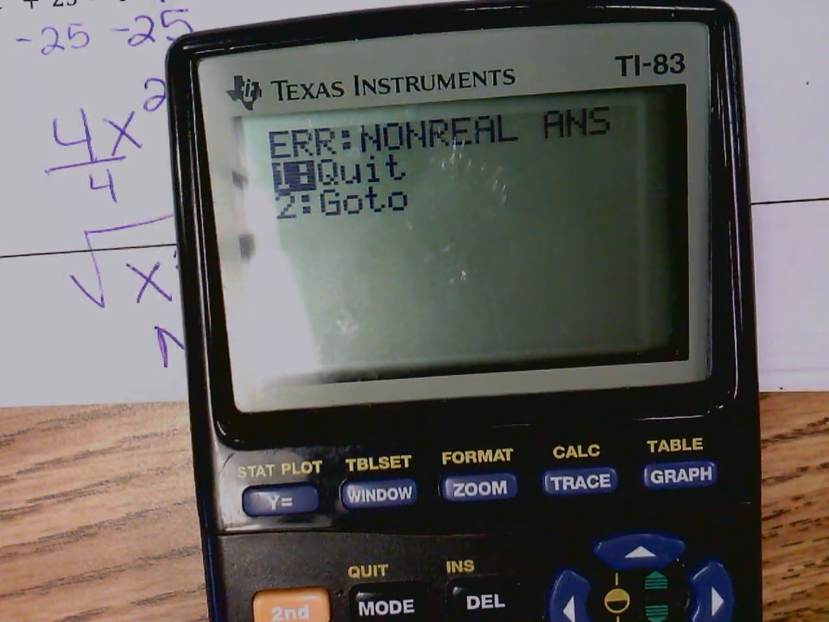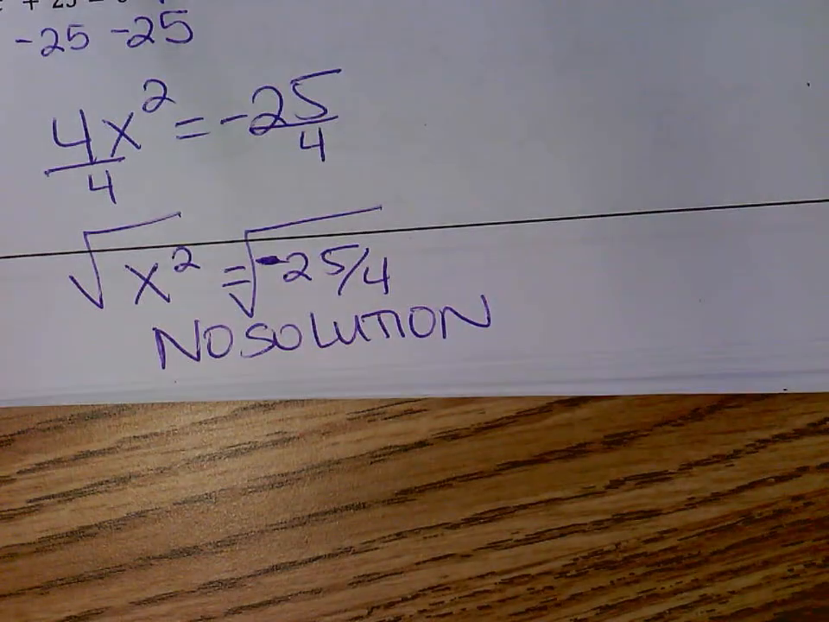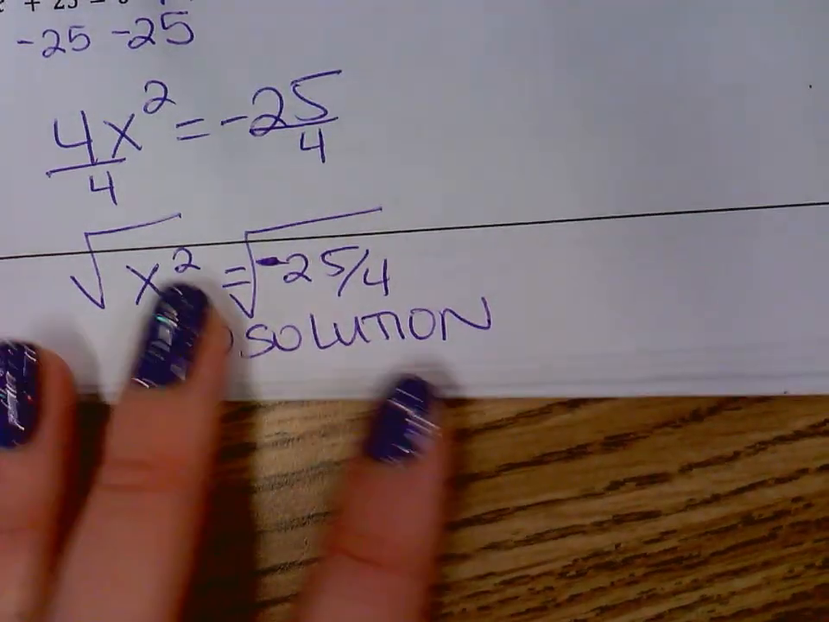Huh? Under mode. Yeah, but we're not teaching them complex numbers. So there's just no real solution. Okay, so